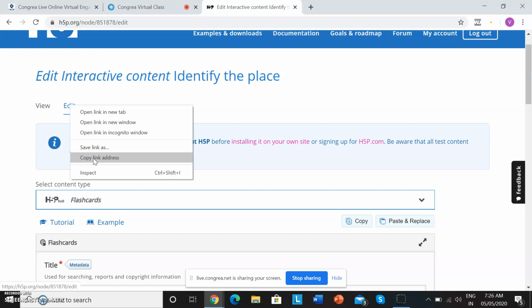So this is one of the very important and very interesting kind of tool, I feel, which can be used for effective learning, and you can create a large number of e-contents. So when you go to the H5P site, you will find there are so many tools which are available. The tool that we have used today is the flashcard tool. So happy learning. Thank you so much.